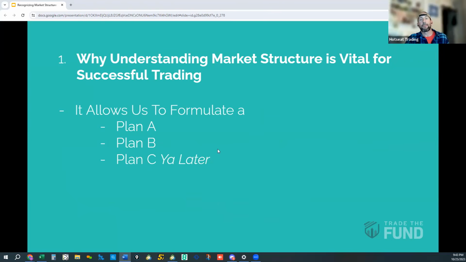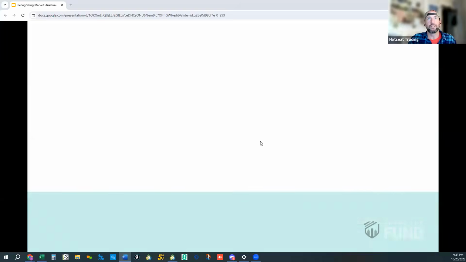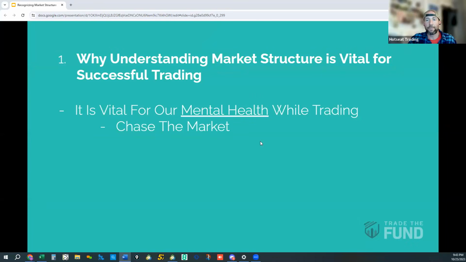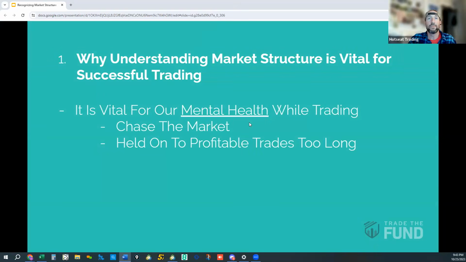So that's point one. Point two of why understanding market structure is vital. This is for our mental health while trading. How many times in our trading careers have we done any of the following? Chase the market. We chase the market and we get burned because we entered in the wrong direction and entered in the wrong location. Or we held on to profits way too long, not even seeing the structure of the